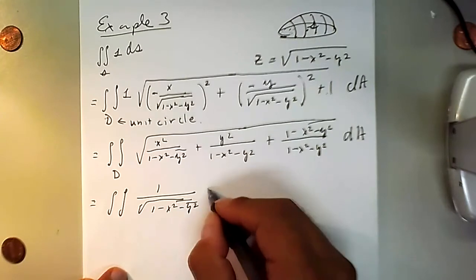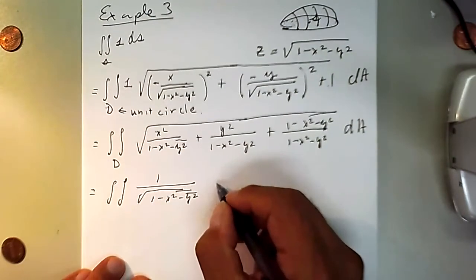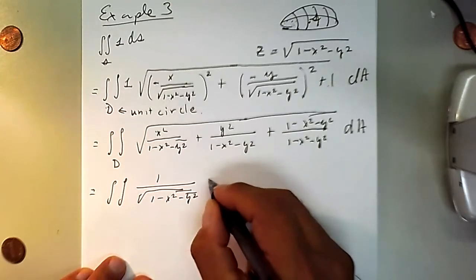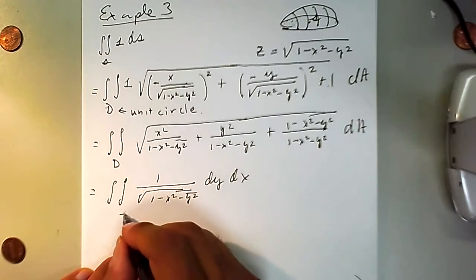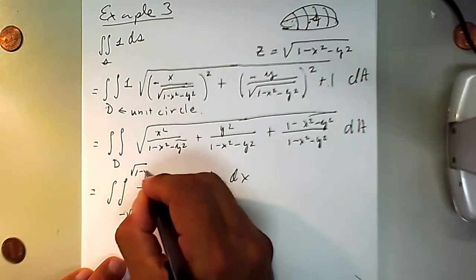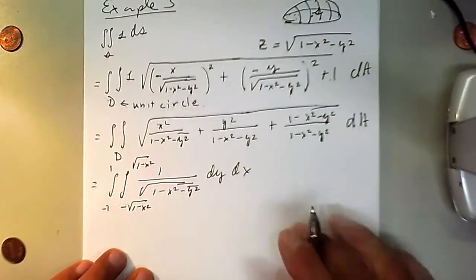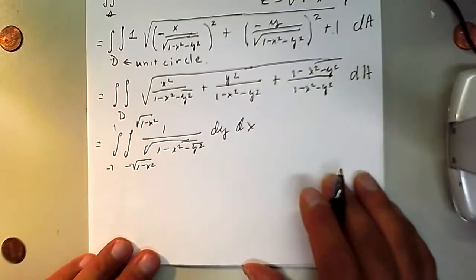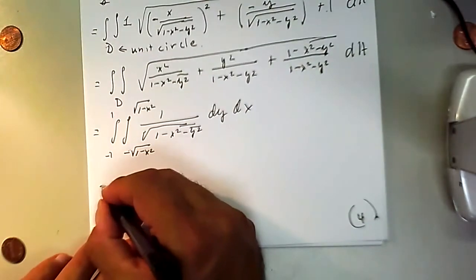All right. If we were not going to use polar coordinates, this would be dy dx. Y would go from negative square root of 1 minus x squared to the positive of that, because we have a unit circle, and x from negative 1 to 1, which is messy. It's long. I don't want to do that. So instead, we're going to change to polar,